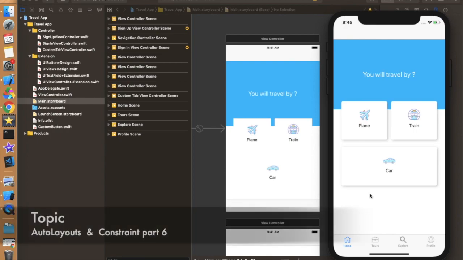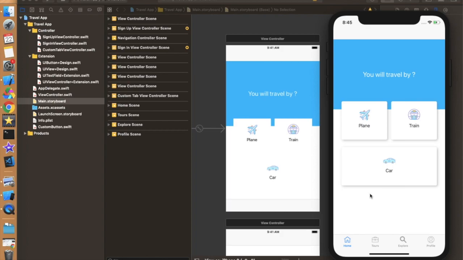So this is part 6 of the auto layout and constraint video series. In the previous 5 parts we have covered various things like multipliers, aspect ratio, how we can create a tab bar and change the root, how we can manage the code, and how we can make our view controllers free from designing code. All the code related to the design is placed in a class and we simply assign that class